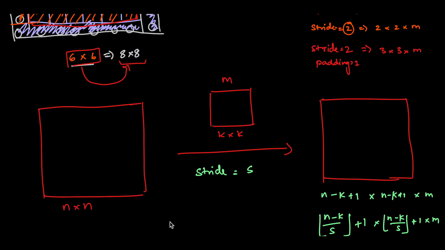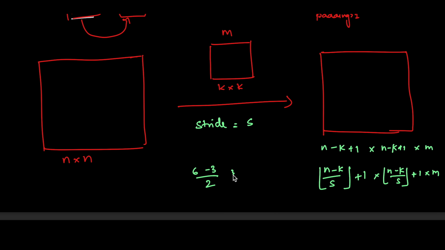If you take the input shape to be 6 and the kernel size to be 3, then (6 minus 3) by 2, that is 3 by 2. The lower bound of 3 by 2 will be 1, because it is 1.5. 1 plus 1 will be 2. Like that, every time we'll be getting the correct shape, that is, it will be 2 cross 2 cross m